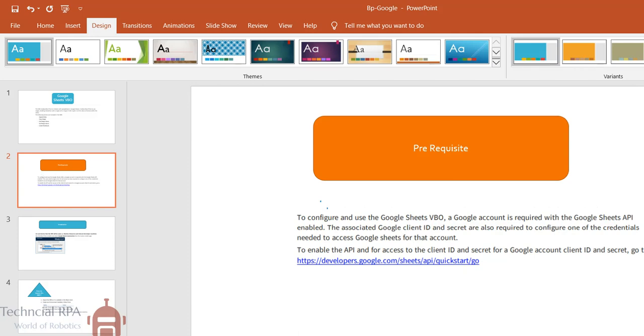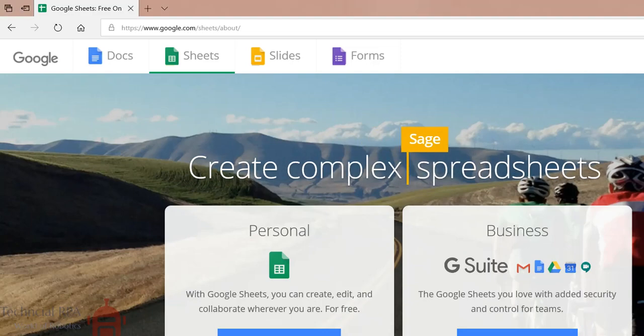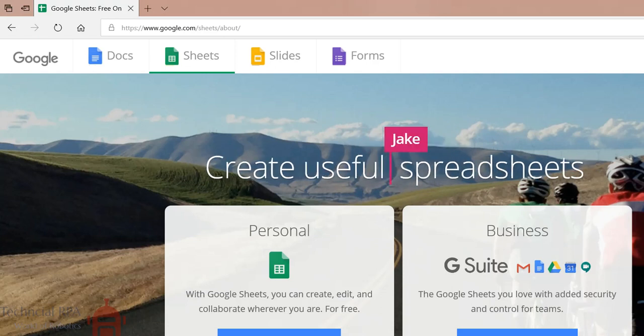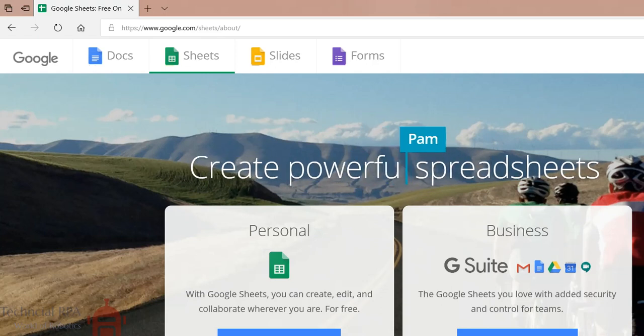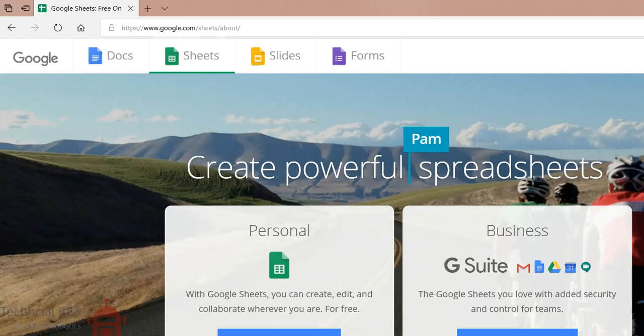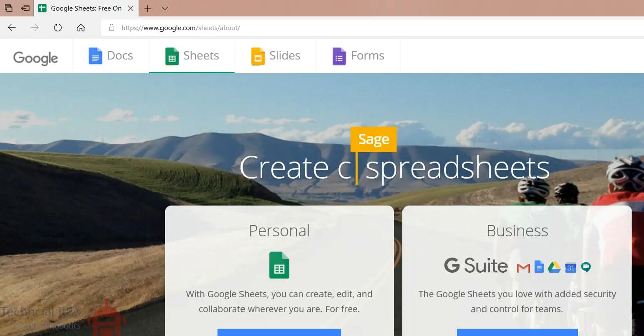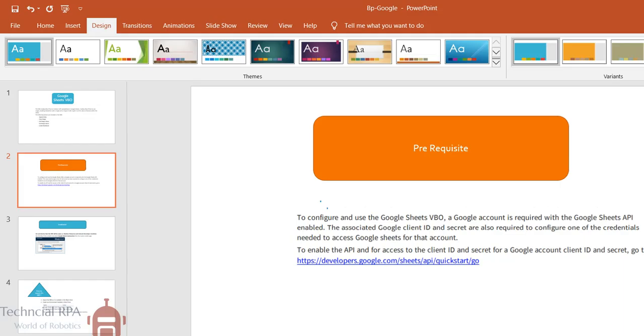If you want to interact with Blue Prism and Google Sheets, the first thing you have to do is create your own account. The second step is to have an associated Google account.